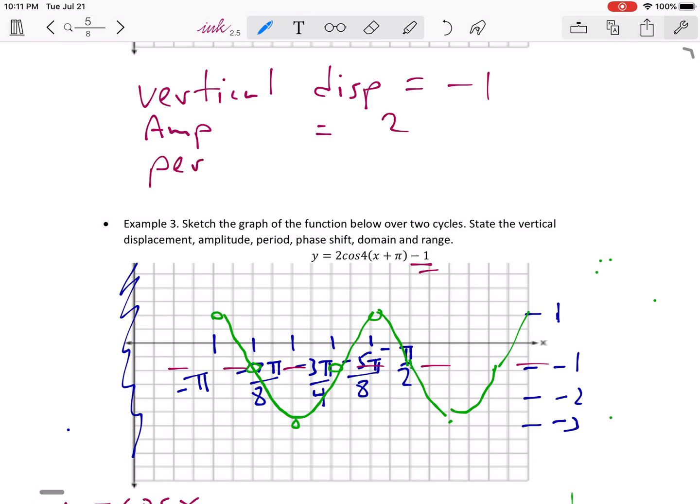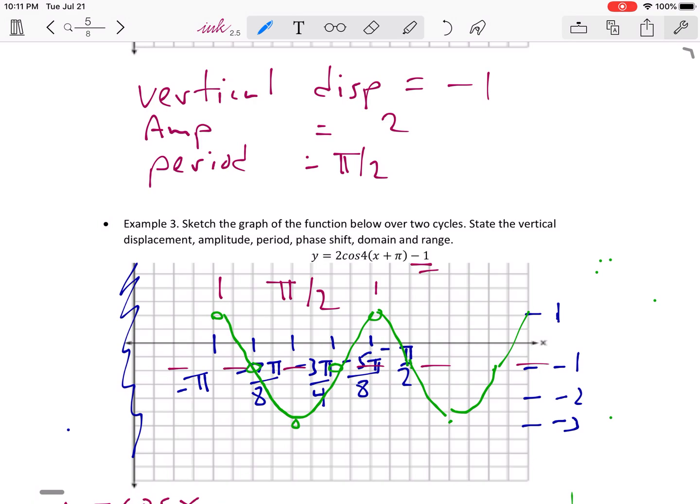Period is the length of one complete cycle. So if you look at what's happening for that first cycle we drew, we went from negative pi to pi over 2, so this has a width of pi over 2, so your period is pi over 2, so that's how big one cycle is. Okay,